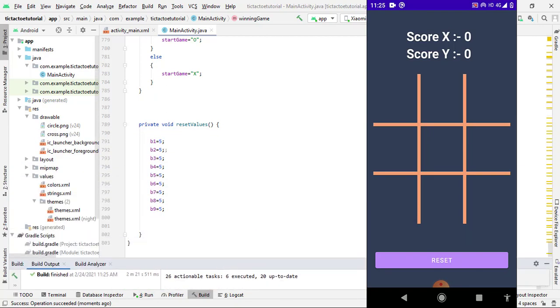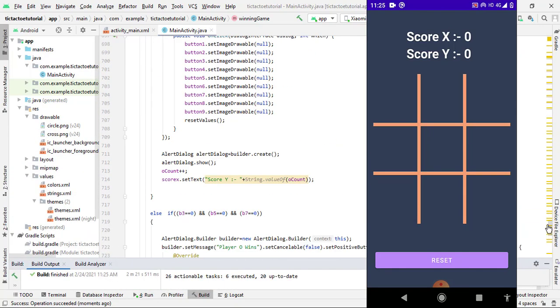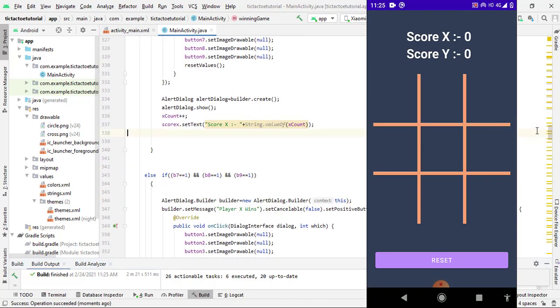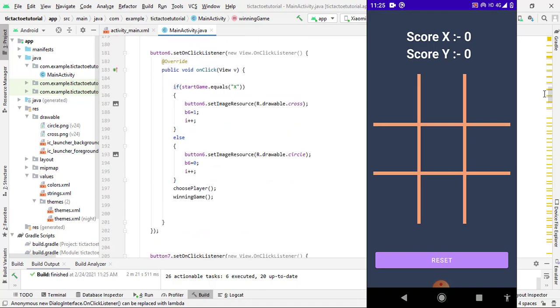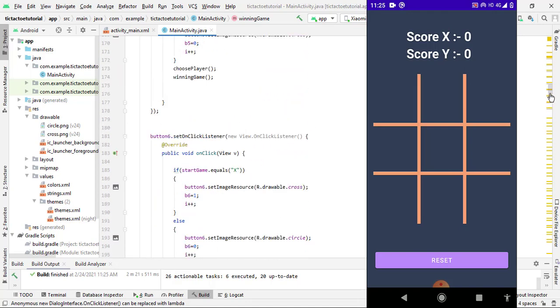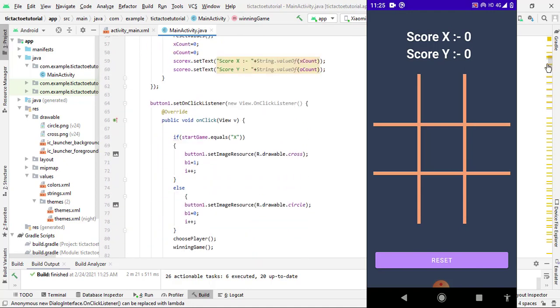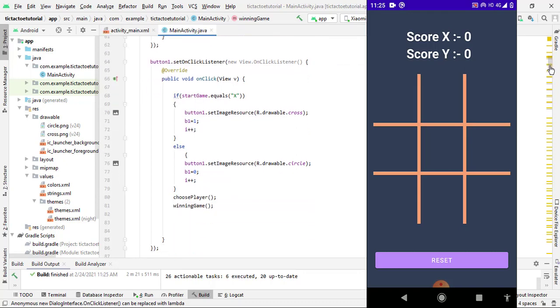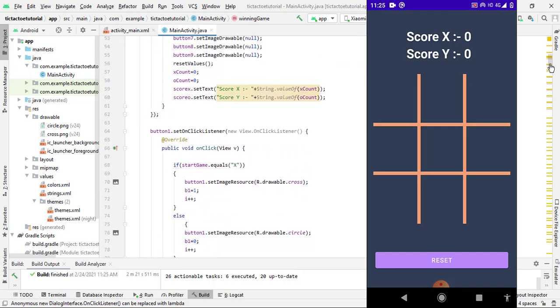First of all, I come to the code, and also I come here. Let us suppose I want to create this kind of condition, 1, 5, 7, for player X to win. Suppose first I click on button 1. You know what is going to display, I already explained the logic: X. So if I click on this, X is displayed successfully, and the B1 variable now contains 1. It means the first button contains X, and if it contains 1, then it means it contains X.